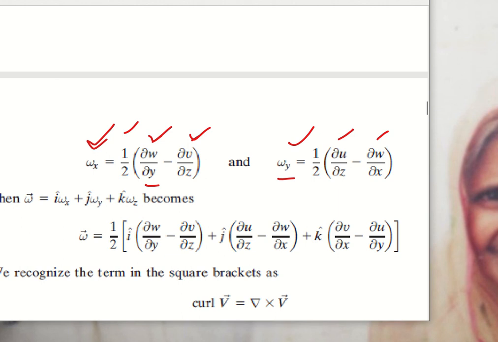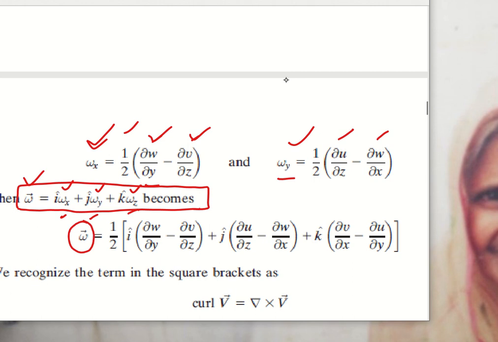Now once we know these terms, then for three-dimensional flow we can define the rotation with the help of this omega, which is equal to i cap omega x plus j cap omega y plus k cap omega z, and if we substitute the value of omega x, omega y, omega z in this equation, we will get the net omega of that fluid element